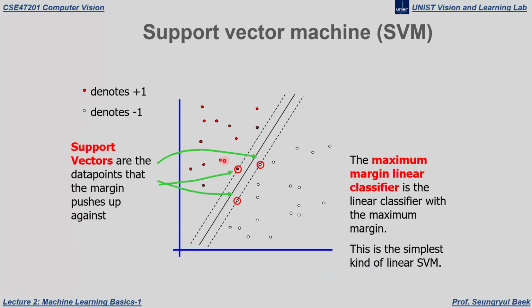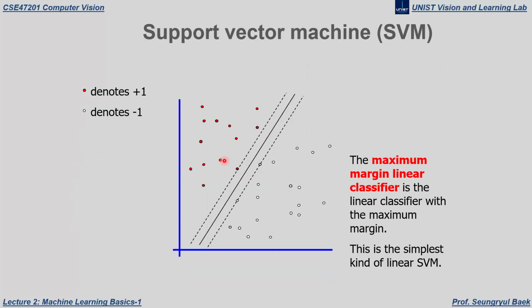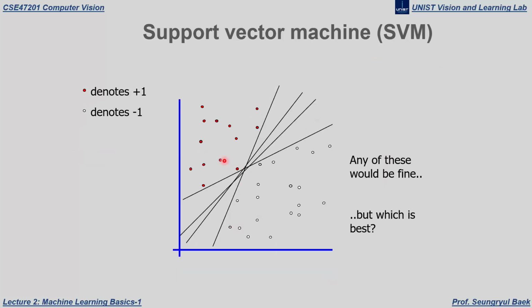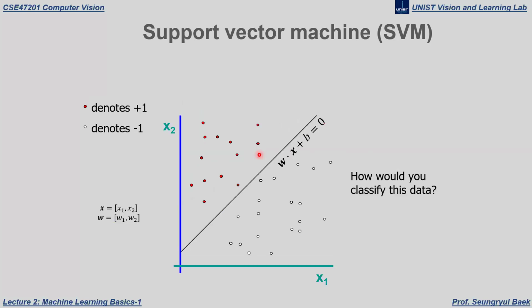But the thing is, in support vector machine there could be a lot of functions, a lot of straight lines that can divide these red and white groups. But in SVM, instead of directly making this straight line output 0,